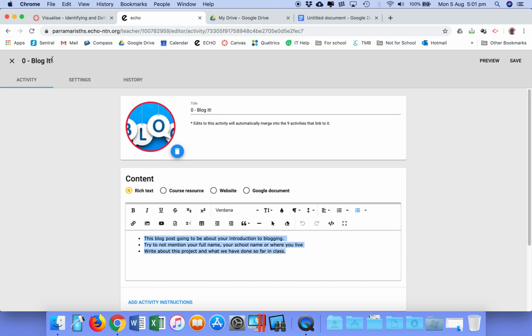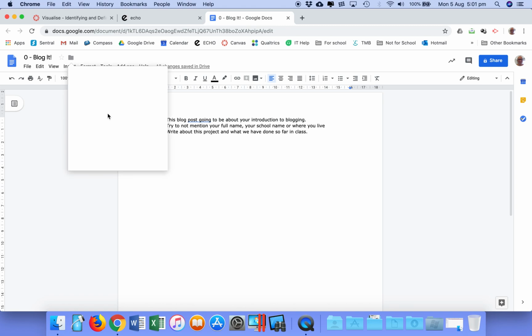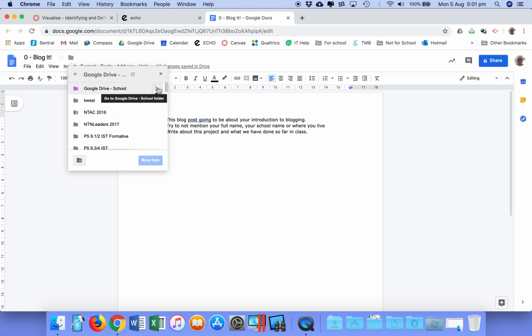Because I may be a bit slow, I'm going to call it exactly the same thing. And I'm going to make sure that I save this file exactly to the project library so that I can come back and find it if I ever need it. Okay. And once I've done that,